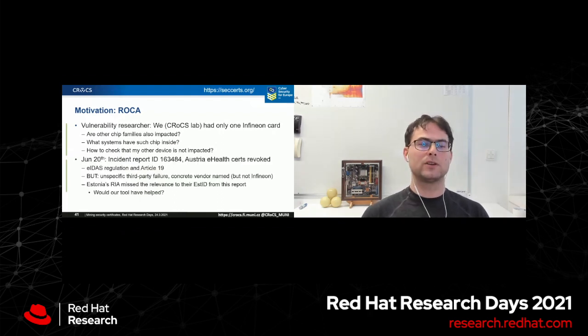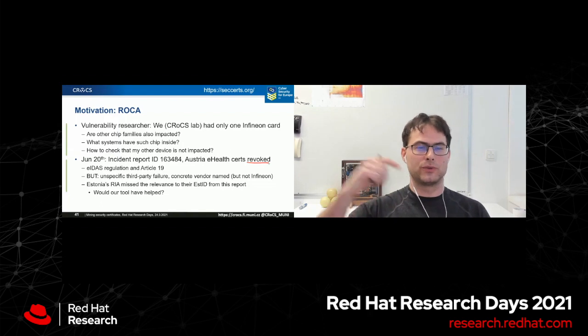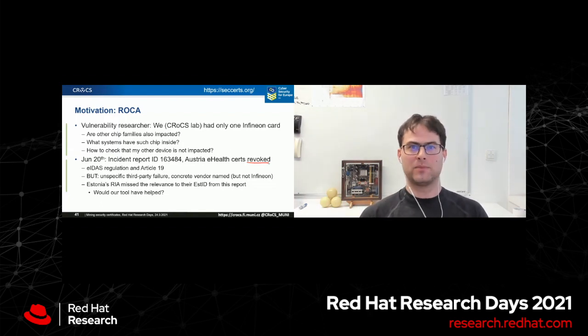There was something called an eIDAS incident report on January 20th of 2017, where roughly 1,000 Austrian eHealth card certificates were revoked. Because the eIDAS regulation requires, in case of some security issue, to notify other eIDAS members, which basically means all European countries,